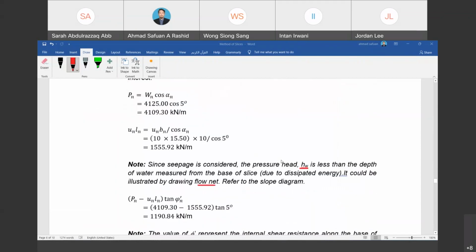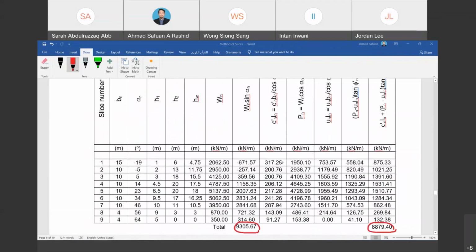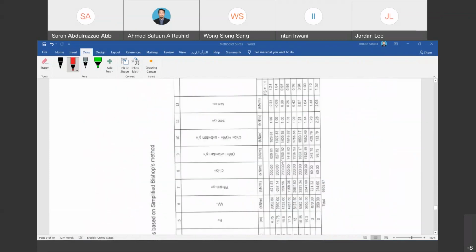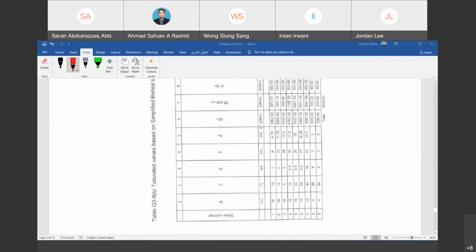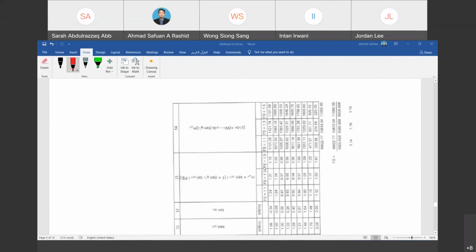So this is more tedious compared to the Fellenius method. As long as you use the correct formula and the correct procedure, you'll be fine. So this is more tedious. Based on the Bishop method, where we need to